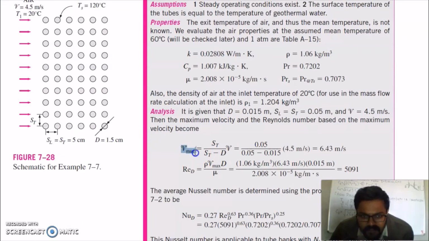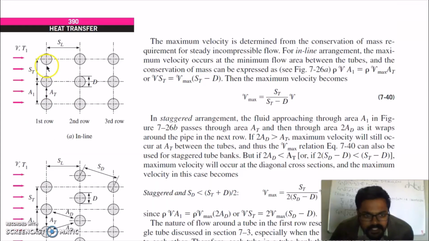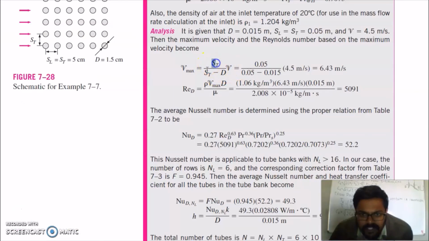We will find maximum velocity, means we will find the velocity at this location. At this location we will find the maximum velocity, because here the velocity is the air velocity and here the cross section is the minimum in this case. So maximum velocity occurs at this location, which is this. So put the value of ST and diameter. The maximum velocity is this 6.43 meter per second,